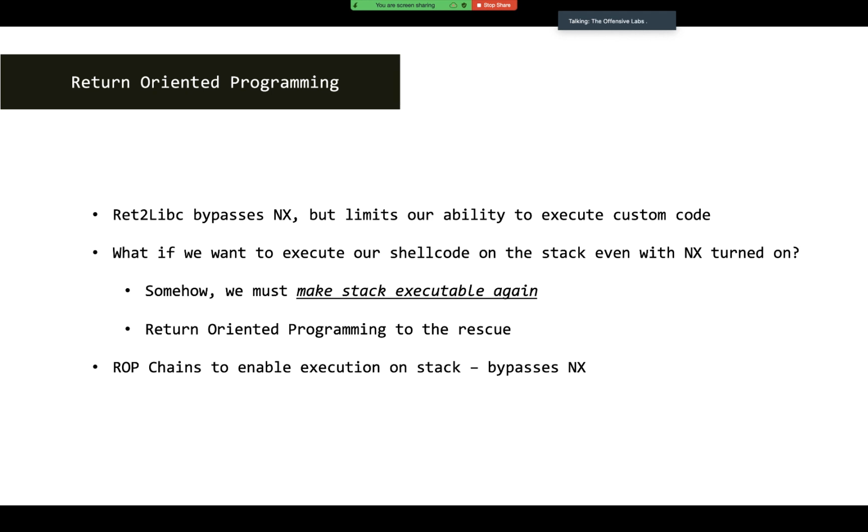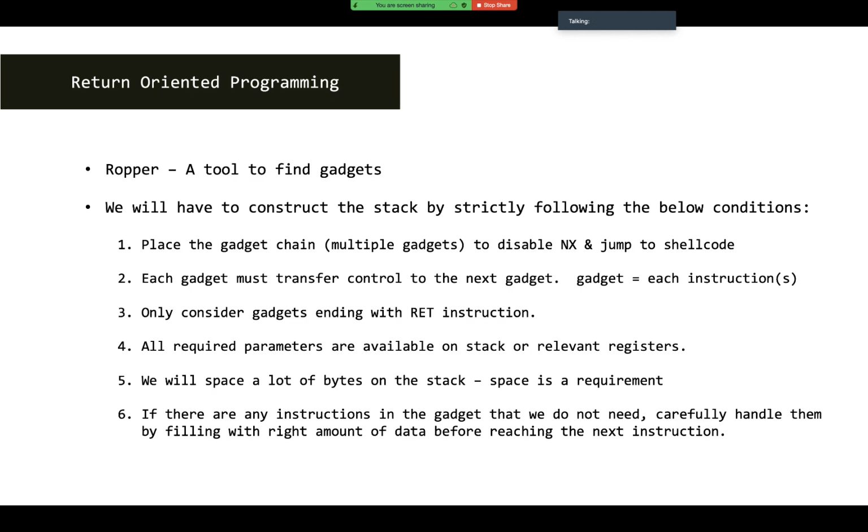That's where we need to somehow make the stack executable again. I think this is the trump card, and for that we are going to use return oriented programming. Now we are going to create a manual ROP chain to enable execution on the stack, and then we'll execute the shellcode using that. Now there are a few things that we need to understand before we